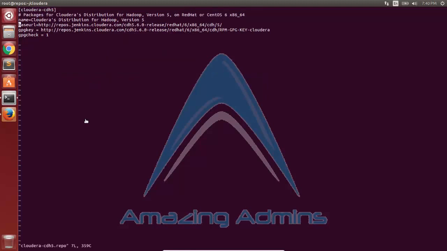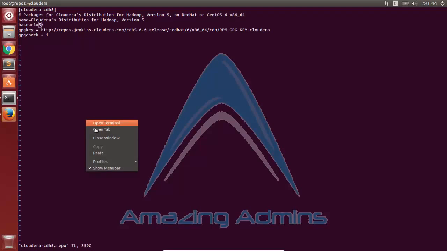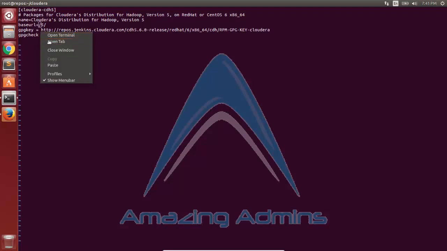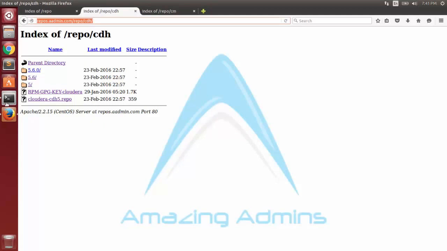So edited here. And instead of the original link, I'll replace it with my own web URL, the local server, so that it doesn't pick up from the internet. Similarly, I'll copy it for the GPG key too.